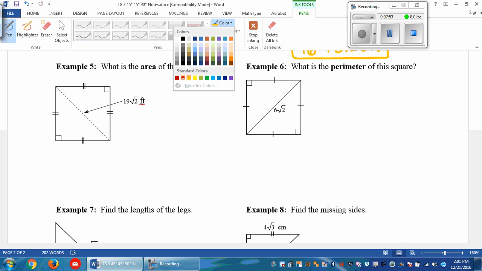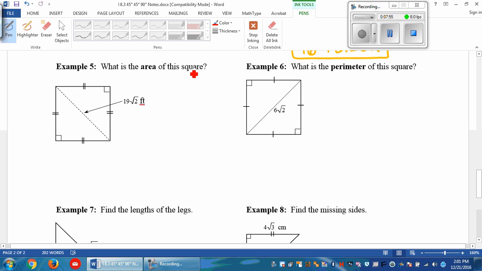Number 5. What is the area of the square? Well, first off, let's talk about what the area formula for the square is. So you have s squared is the area, or length times width, which is the same thing, for the square. So when we're looking at this, once again, this is the isosceles right triangle, so these would be 45, 45, 90. We can take this side length of 19 root 2,